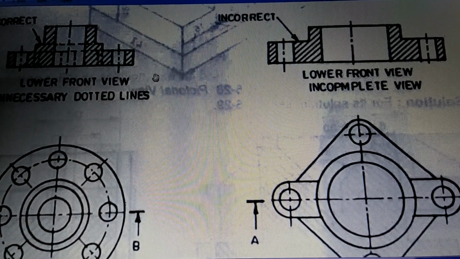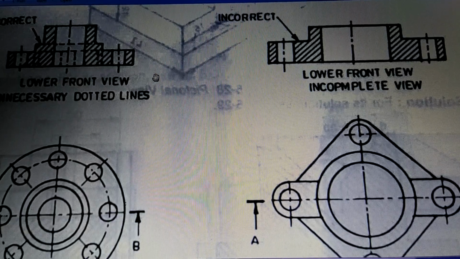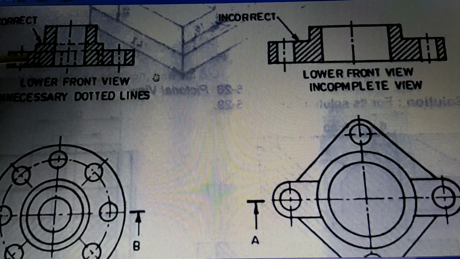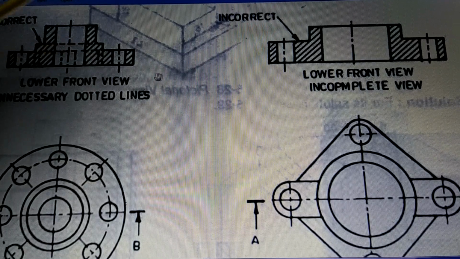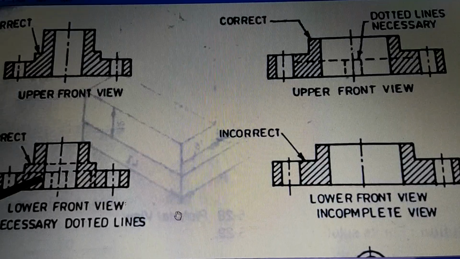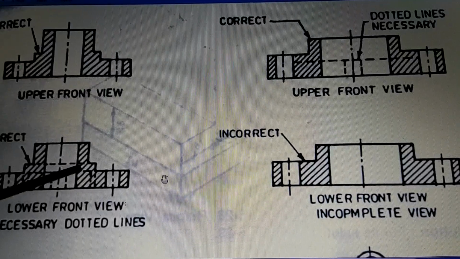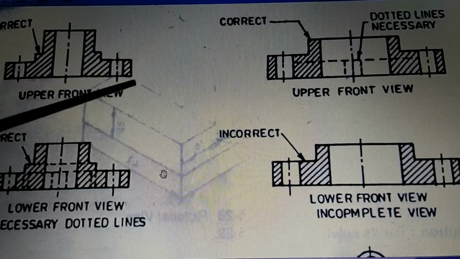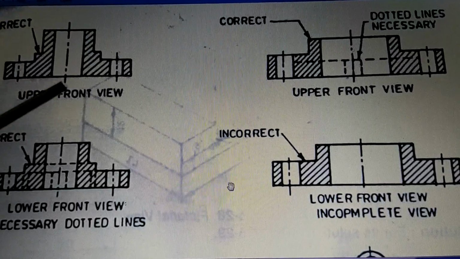So we show the details in the cutting plane in this place, which is the section lines and the shape. We are not interested in what is behind. That's why dotted lines are not drawn. So that's why this is incorrect, and this is how it should be drawn. So all the dotted lines are not drawn. So this becomes the way the front view is drawn as a correct front view. But there are some exceptions.